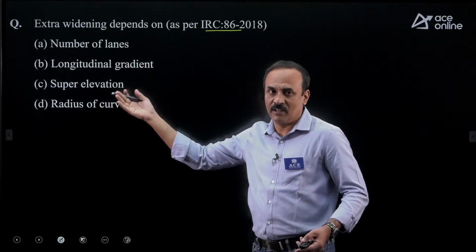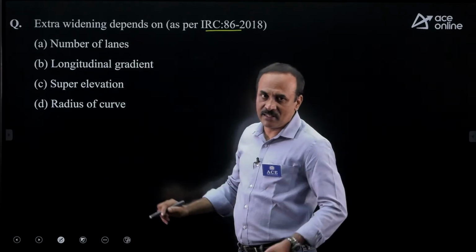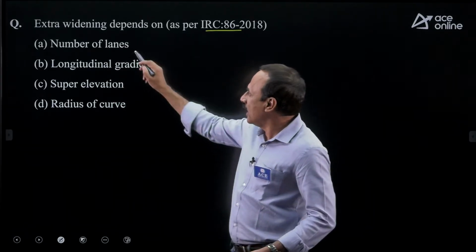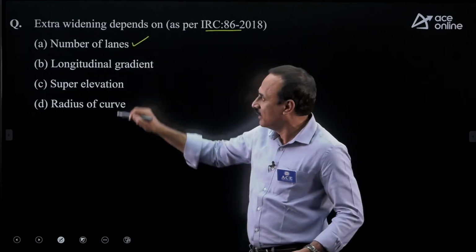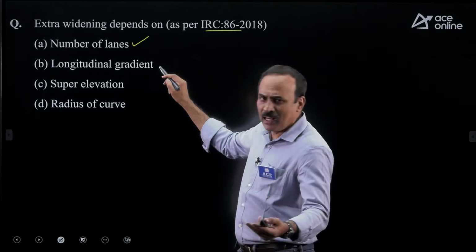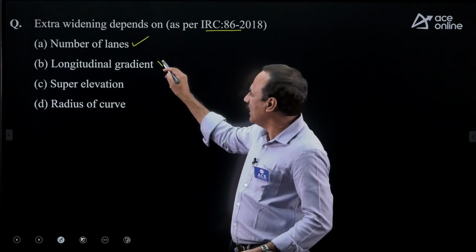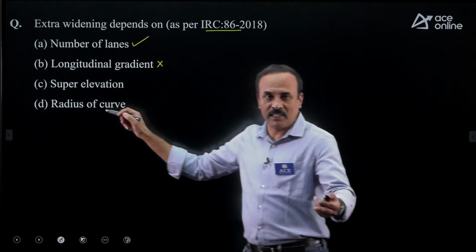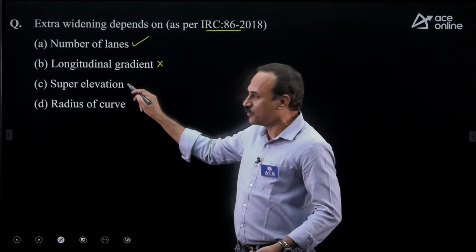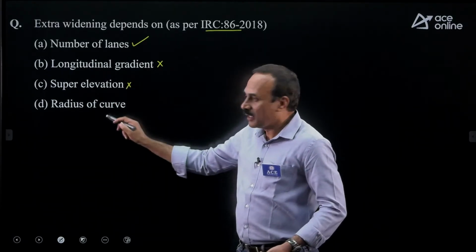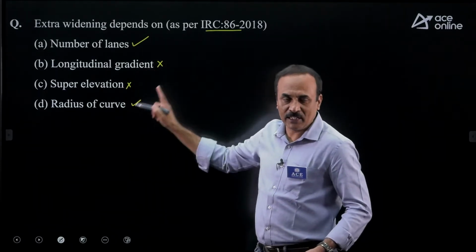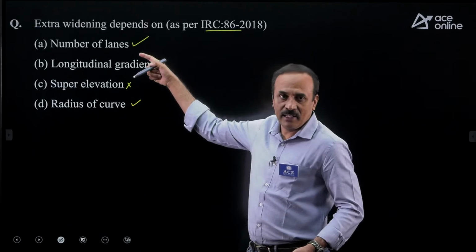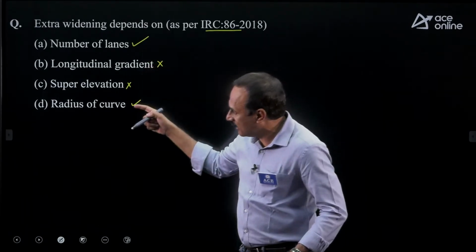2 parts. One is mechanical widening and the other is psychological widening. Mechanical widening, nl square by 2r, the number of lanes is required, and longitudinal gradient is nowhere related to extra widening, and even super elevation is required on horizontal curves, not on extra widening. Radius of the curve is required. So it may be a multiple select question. Here the right options are A and D,